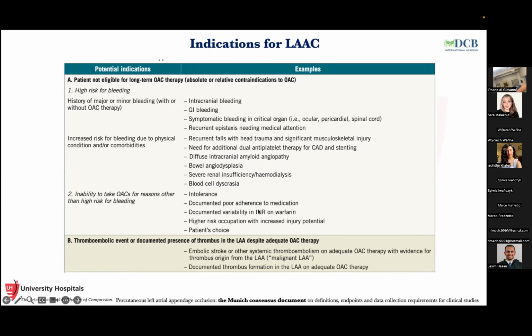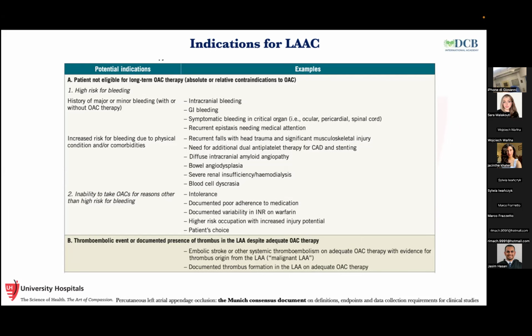Or there is a second type of population: inability to take the oral anticoagulant therapy for different reasons, such as intolerance, poor adherence, or variability in the INR on warfarin. And there is a new indication. This is the patient choice. This is an example of a patient with a very active lifestyle, 70 years old, that, for example, doesn't want to take the anticoagulant therapy for the risk, for example, of intracranial hemorrhage if he does some types of sport